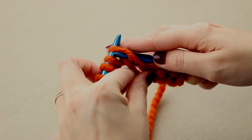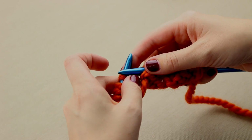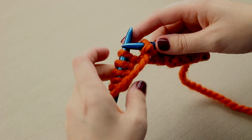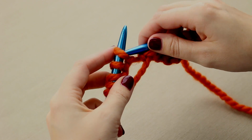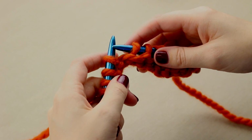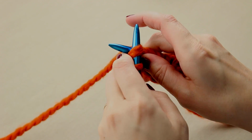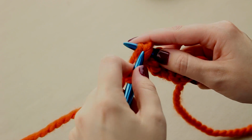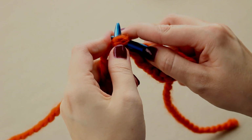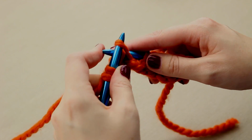Now let me show you that sequence of 5 stitches again to reinforce that backwards double yarn over. It kind of sounds like we're doing gymnastics, but once you get the hang of it, it's super easy. So with that yarn in the front, slip 1 stitch with yarn in front, bring the yarn to the back between your 2 needles, knit the next 2 stitches together. Whoops, let's do that one more time. We'll knit the 2 stitches together, and then we will pass the slip stitch over the knit 2 together